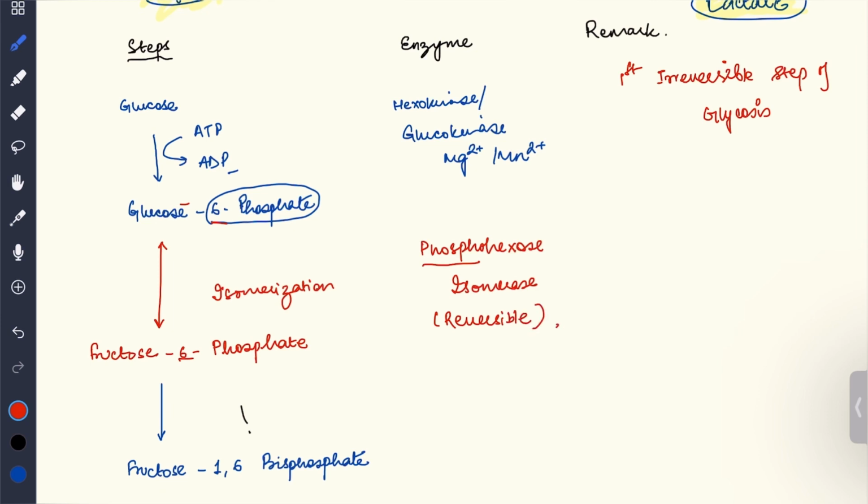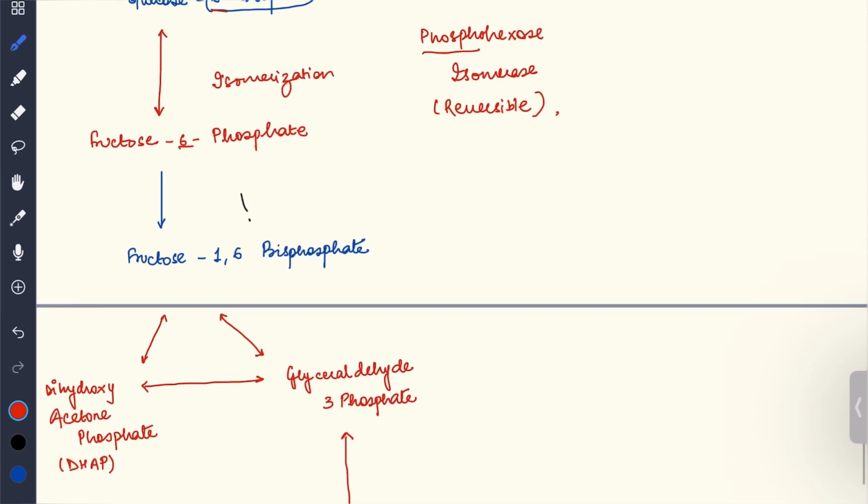This is the point which you have to remember. Okay, just this much. Now fructose 6 phosphate is converted into fructose 1,6 bisphosphate. That means one more ATP is coming here. I told you there are two steps where ATP is being used, to form ADP and give one phosphate each. So the first phosphate was given to glucose, and the second phosphate is being given to fructose 6 phosphate to form fructose 1,6 bisphosphate. And the enzyme which is used here is